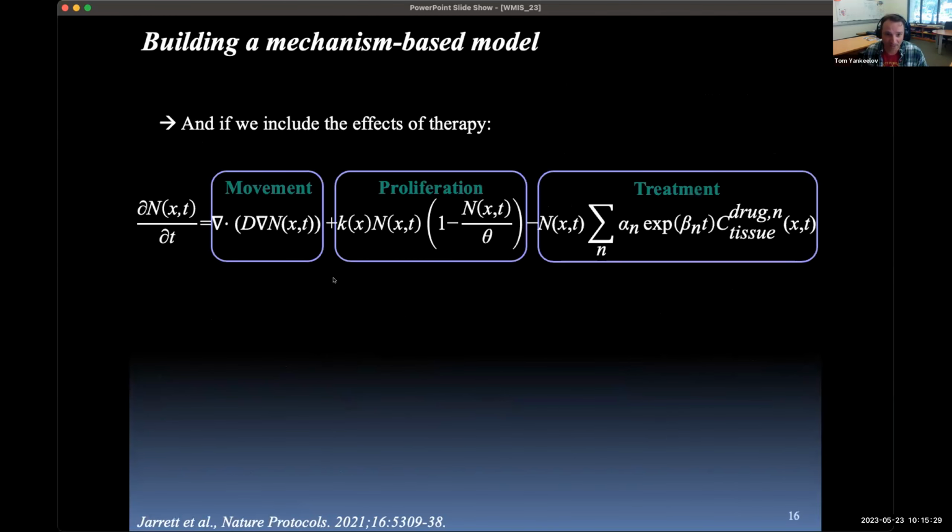And so here's the bulk of our model, our movement, our proliferation, and then we have our treatment term over here. So again, over here, this is the rate of change of the number of tumor cells that possess X times T with respect to time. They're growing out into space in a way that's inhibited by the mechanical properties. They're proliferating in a way that's inhibited by the carrying capacity, and then they're going to get some treatment here. And so here we have the N treatments that are given to the patient. Alpha is indexed by N, the number of treatments. It's going to be exponentially decaying as the body removes it from the system, and then we have an estimate of how the drug is being distributed to each position X at time T. And so the question becomes, what do we do with this equation?